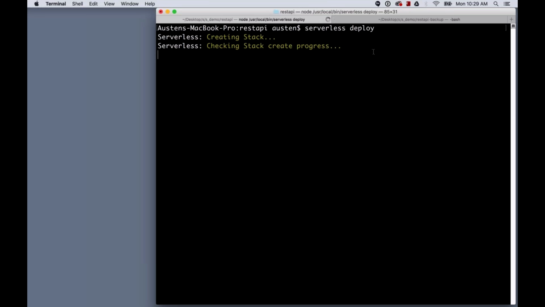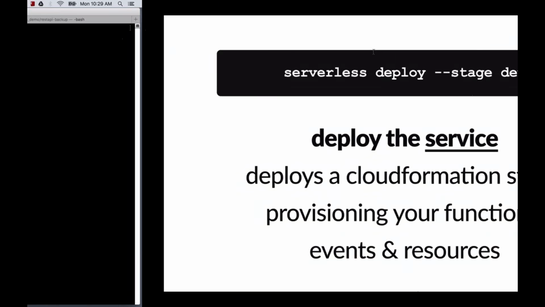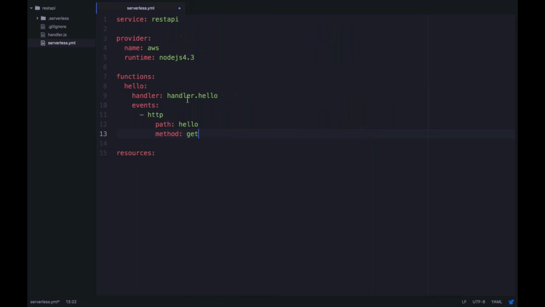So what's happening here is every single service in the serverless framework is a separate CloudFormation stack. In fact, when I run deploy, all that really happens is that this syntax right here gets compiled to an AWS CloudFormation template that really turns out to be hundreds of lines long, because CloudFormation is a very verbose, very lengthy syntax. So when I deploy this, this is what happens behind the scenes.